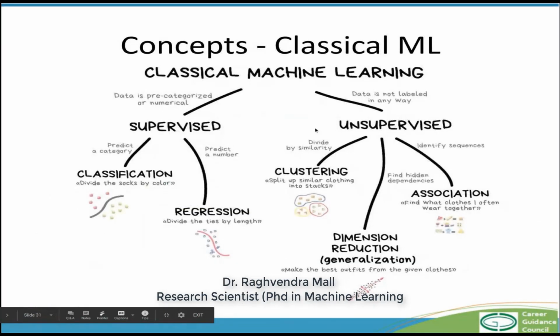Coming to classical machine learning, as I said, in classical machine learning you have supervised learning, which is classification and regression. In classification, you just do the differentiation, for example differentiating apples from oranges. In the case of regression, I would do something like stock market value prediction for a particular stock, like the example of Infosys that I gave: what would its value be tomorrow? This would be a regression problem where you try to estimate the value, and it's not just whether it belongs to a positive or negative class or some classes.